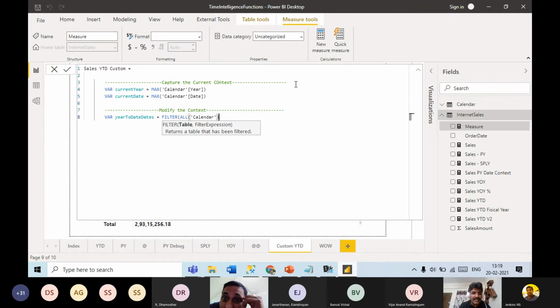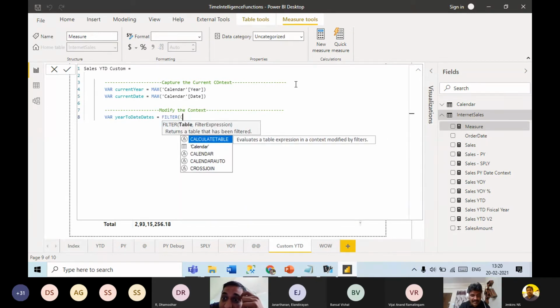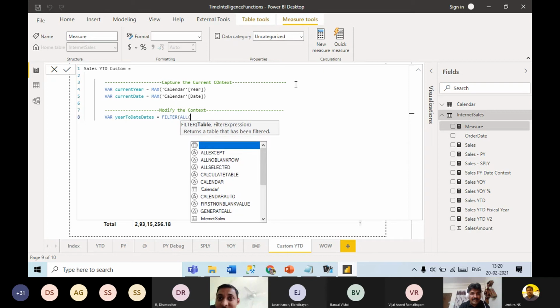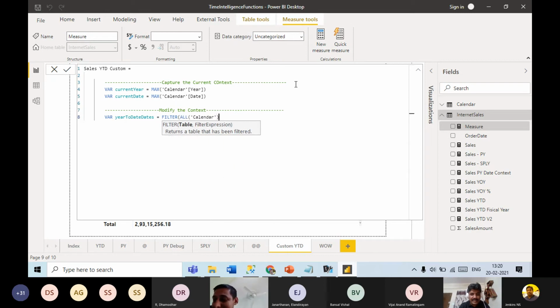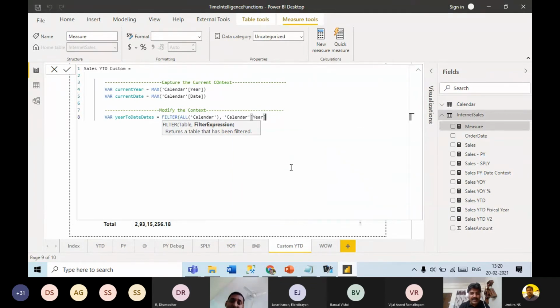First I have to get the dates, so all calendar. Now I'll apply a filter and get only the year to date dates. What is the filter? Calendar year equal to the current year.